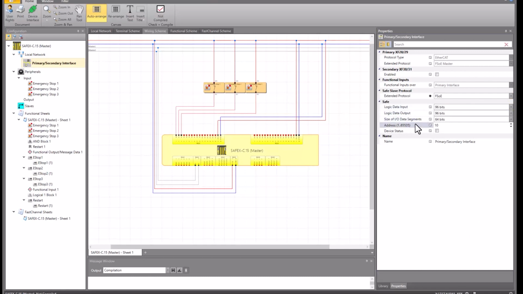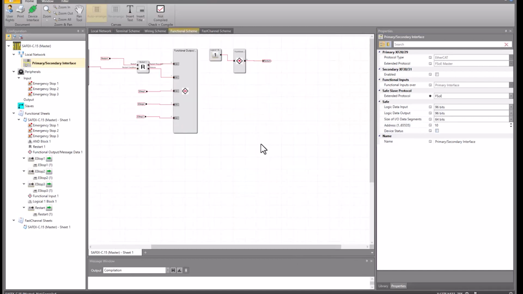These are now default values of these 96 bits. We don't change anything at the moment. And take the FSOE address, which we have set for the slave on the master configuration. This is the address 10, which can remain, so that we can change now already into the programming.